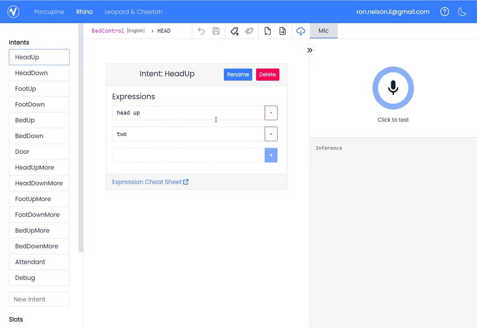And while you're programming this, while you're setting this up, you can click the test. It'll hook into your microphone, and you could test to make sure that the intent is being picked up. So the first thing you do is you go in here, go in the Rhino, I created my bed control. I can create all my different intents, and then I assign the words that I want associated with those intents. Once you're done with that, this is where the magic begins. You hit the download model,